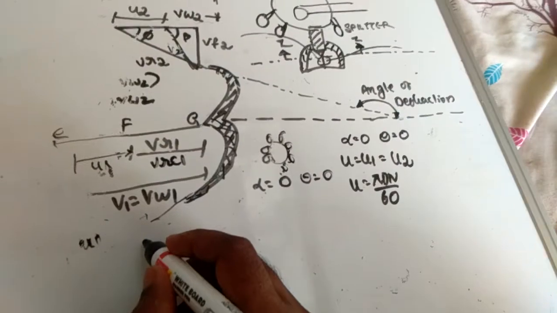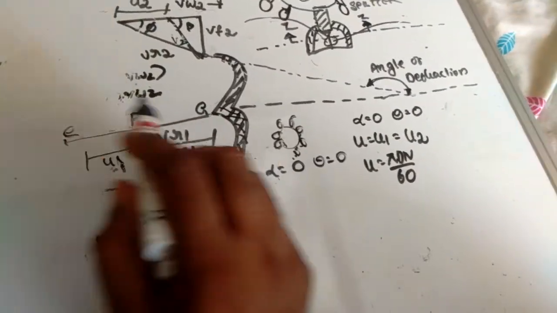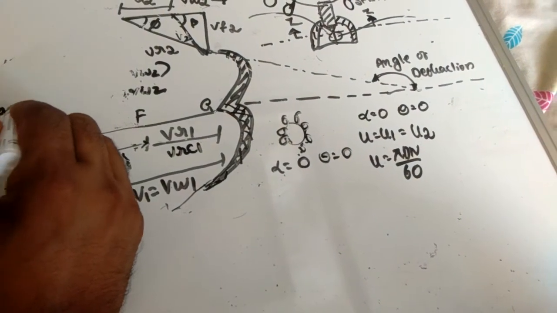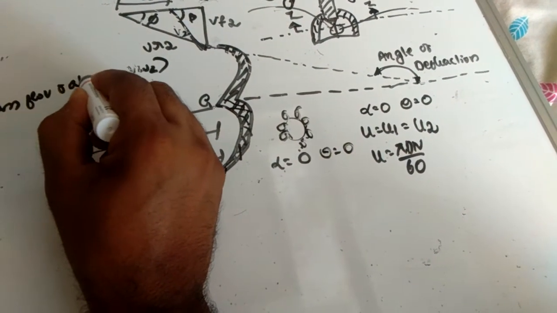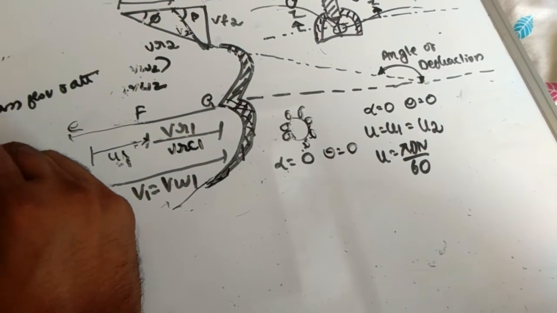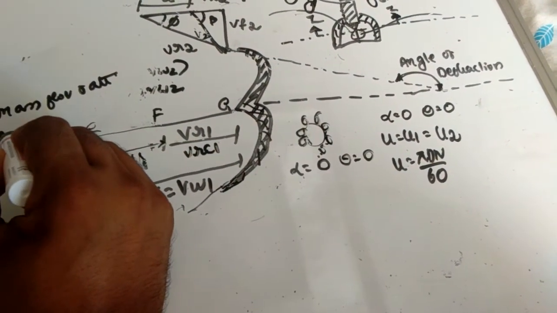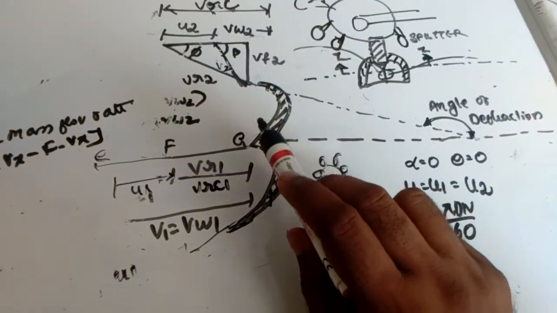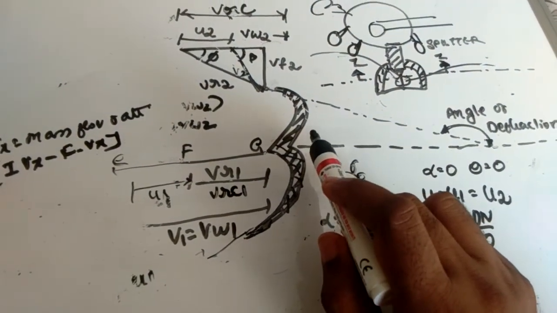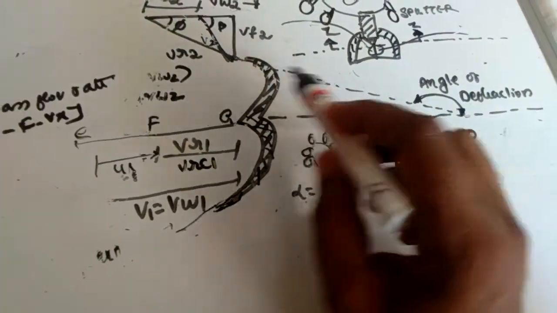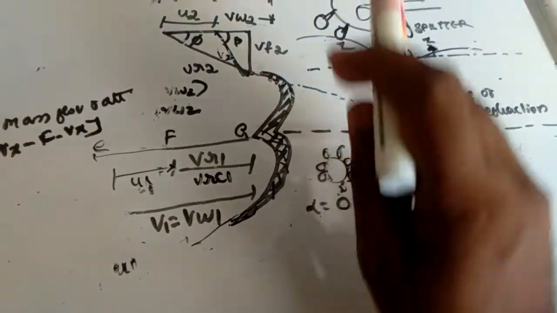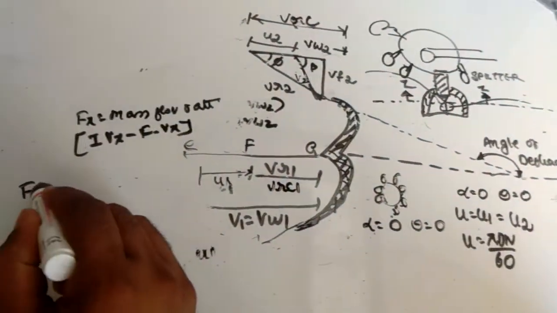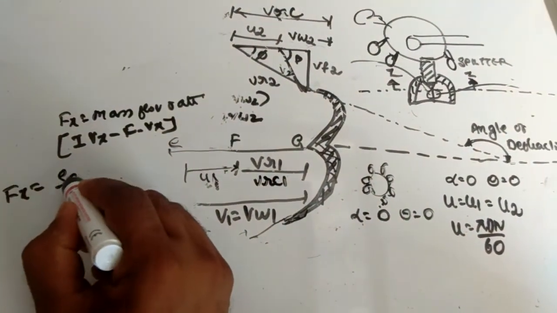So first we need to find out the work done, how much force is exerted in that Pelton wheel. We can write Fx is equal to mass flow rate times the initial velocity in the x direction in which water is striking. The plates are placed in series: one jet strikes one plate and another plate comes into that place. So Fx is the mass flow rate, rho a v1.